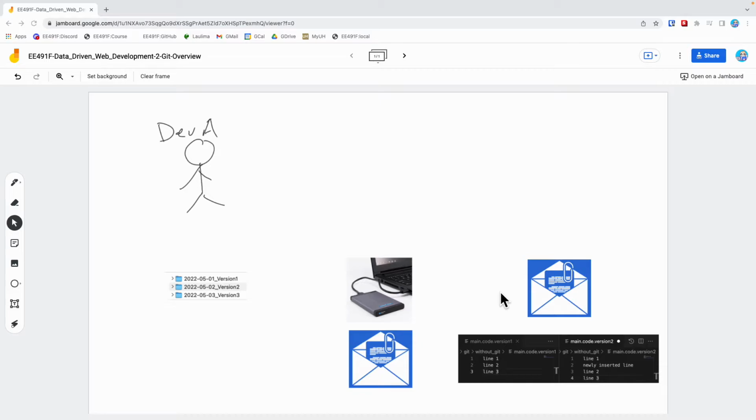The second scenario is if you've ever had to back up your code or share your code. Without Git, you might save the code off to a backup drive, or maybe email it to yourself and store it in email. I've done that before I learned about Git, and with Git, that's no longer an issue. So how Git would do it is